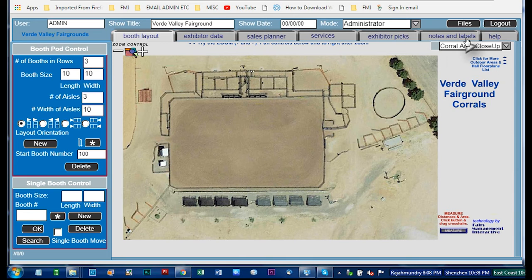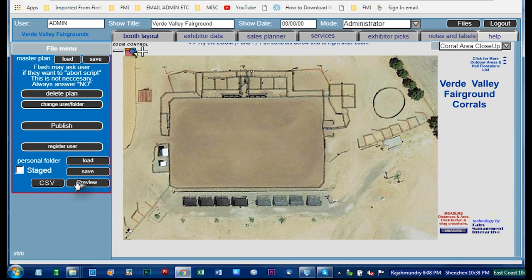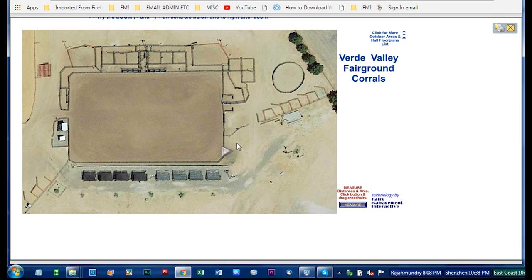It's pretty easy, really. First, you hit the upper right-hand button called Files, and then we go ahead and click the Preview button in the Files dialog. And in the upper right-hand corner is a printer icon for printing and an X icon for escaping back to